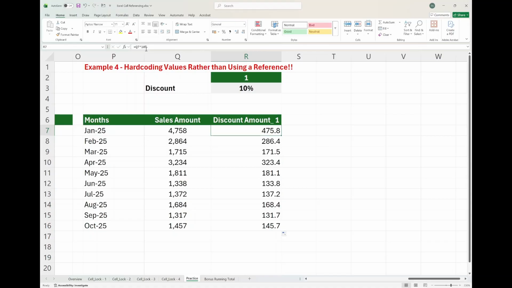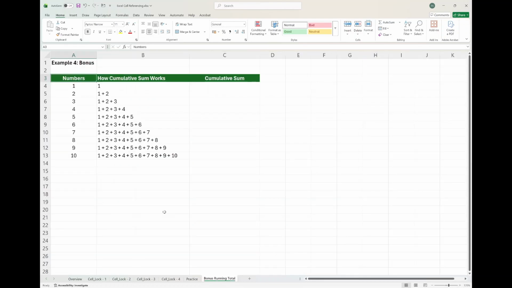And now we can move on to the bonus section, which is how do we use cell referencing to calculate your running totals. For those of you who don't know what a running total or a cumulative sum is, I've demonstrated that in column B. So we want to apply a cumulative sum as we drag downwards from row to row. How do we write a formula to apply this cumulative sum from row to row